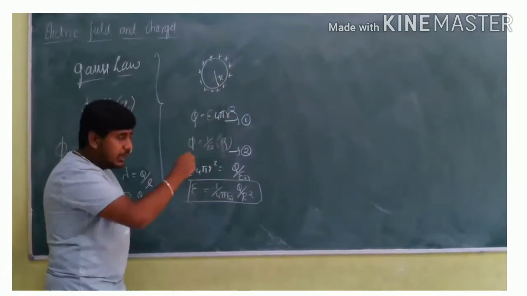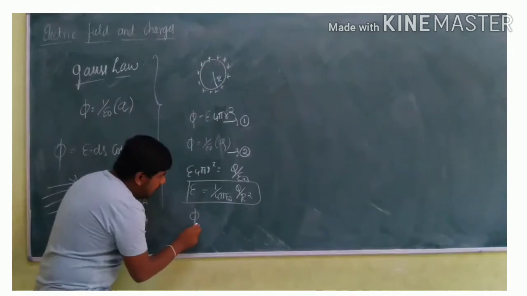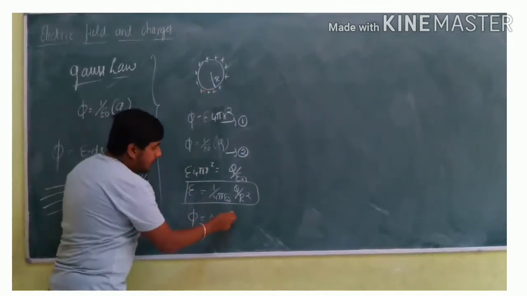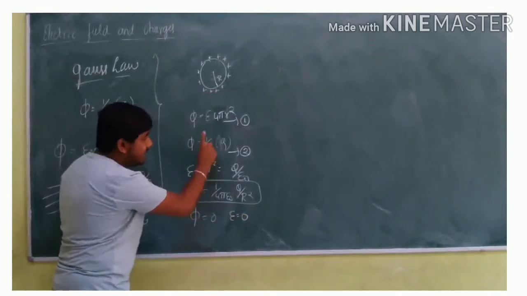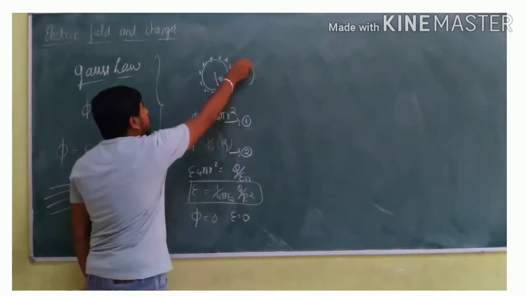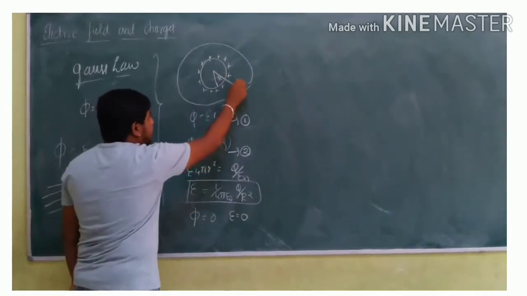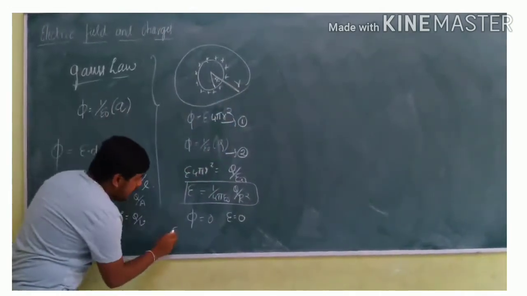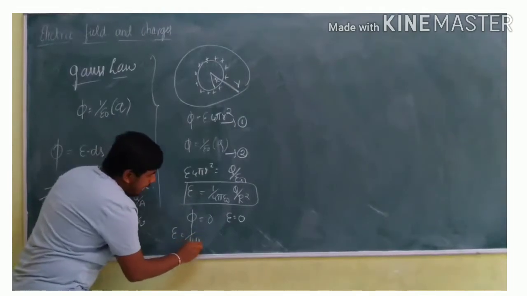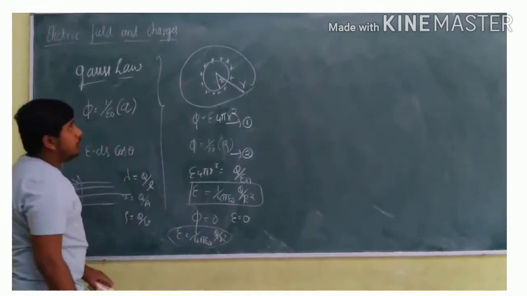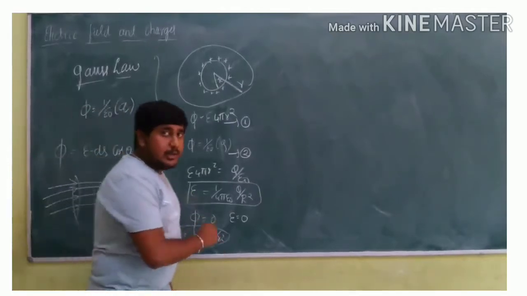If it is inside, what is the value? The value of flux is equal to 0 because no charges are present inside. Therefore, electric field is also 0 inside the shell. Again, outside, if you want to know, we will take the Gaussian sphere outside. Let r be the radius. So the value for that is E is equal to 1 by 4 pi epsilon naught Q divided by small r square, which is the value of electric field due to a charged sphere outside the shell.